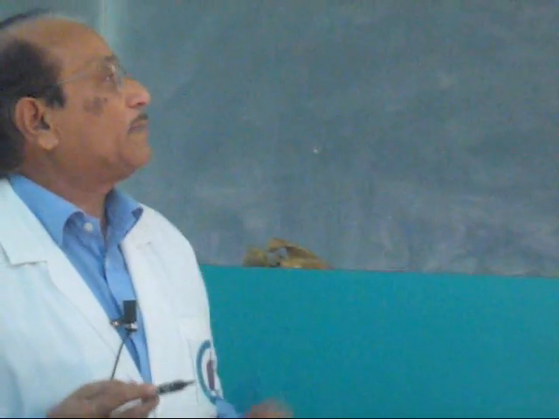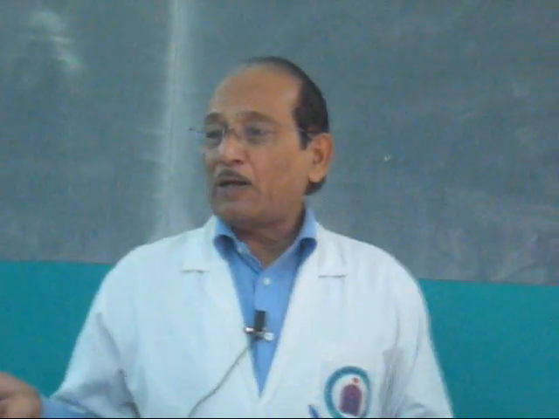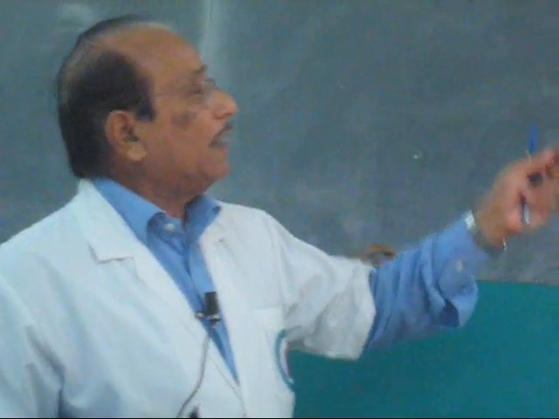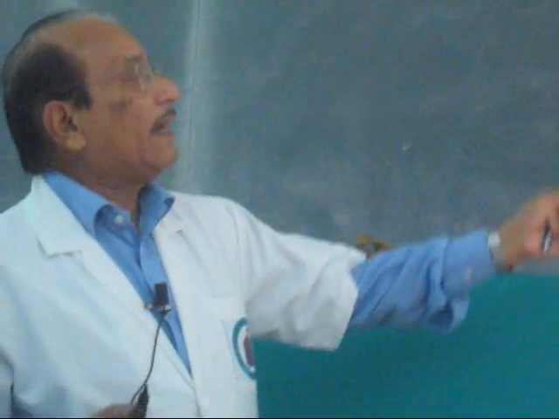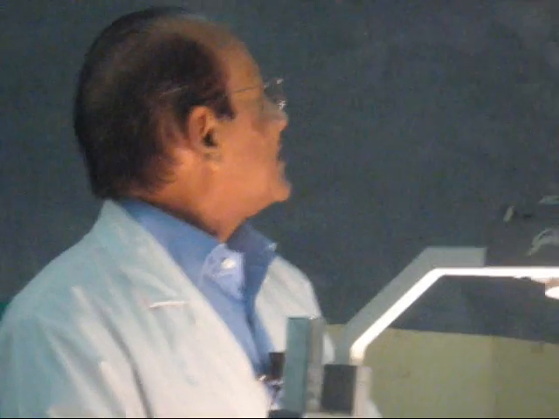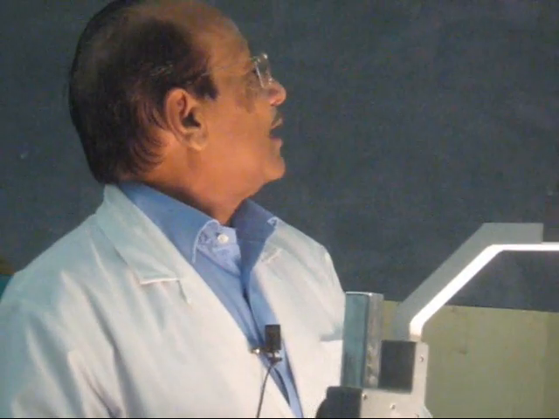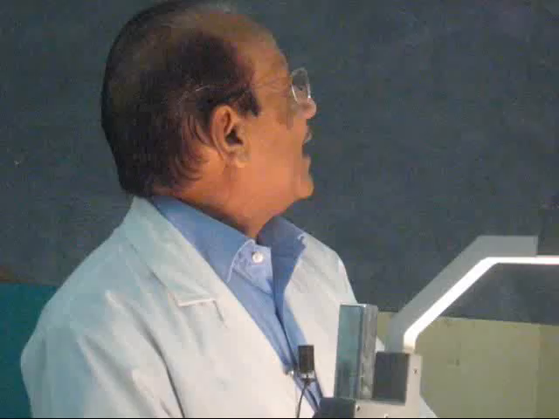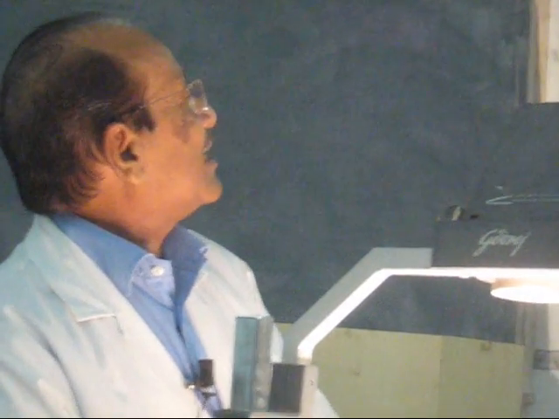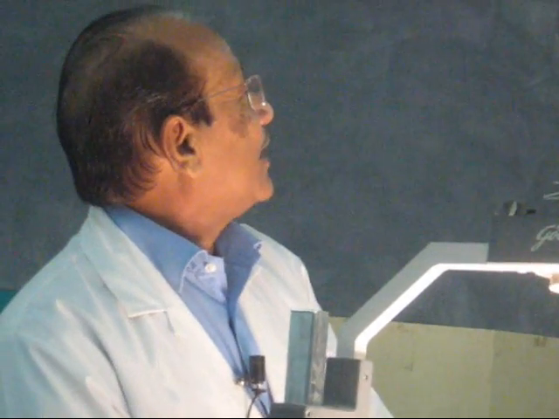Now this diagram has been taken from your Cunningham's Manual of Dissection, and that is why I want to explain it to you, because it is the main book on which you should depend. Then the spine of the seventh thoracic vertebra has been labeled as T7. T stands for thoracic and 7 is of course the number, and spine